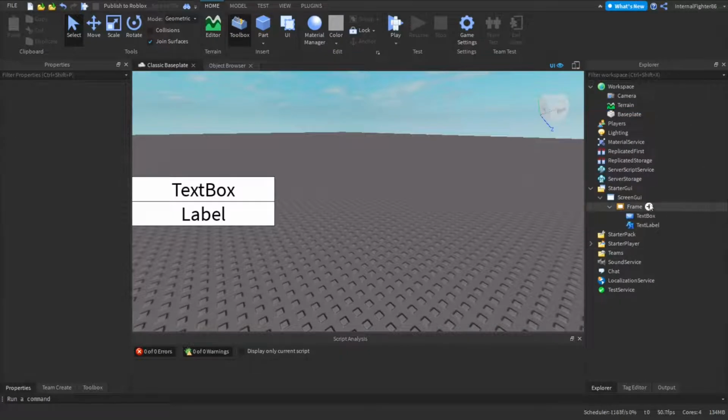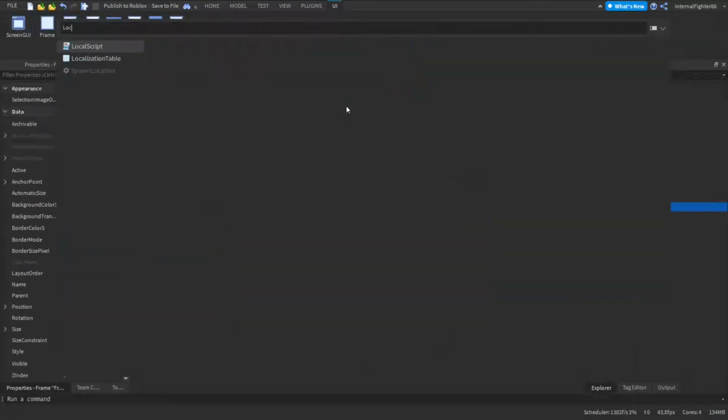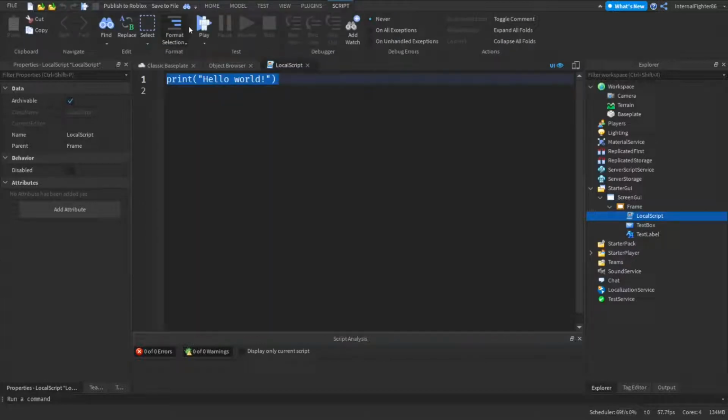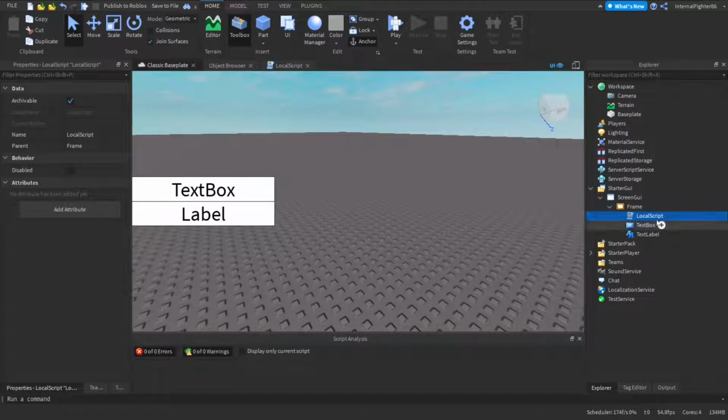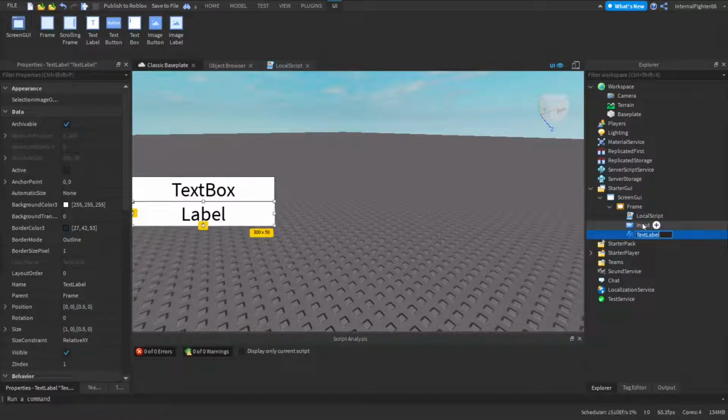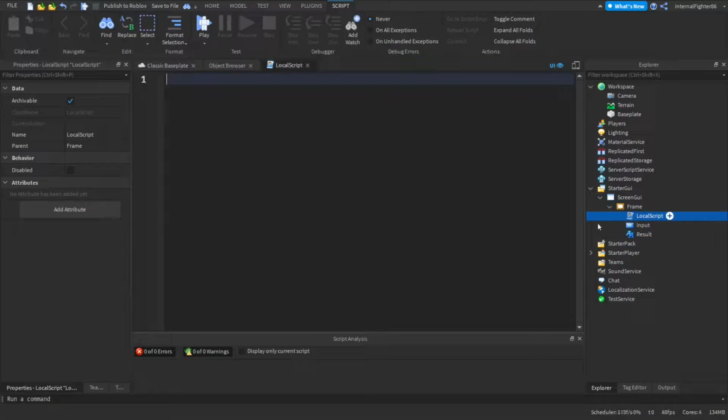To begin, I'll put a local script into the frame, that is the background, I guess you can say. Okay, I'll name the things. For the text box, I'll call it input, and this I'll call result. Why not? Okay. So in the local script,